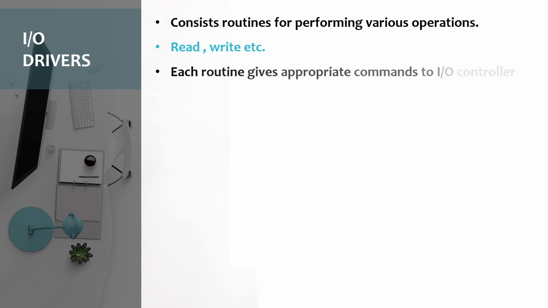Okay, so routine means a function. Each routine gives appropriate commands to the IO controller and the device controller. Of course, based on the routine, or the function, or the command, the system has to decide and give the proper command to my input output devices: the input devices, my mouse and keyboard, and the output, my monitor. So it has to give the command that some copying function is there, some paste operation is there. Based on that, it gives commands to my input output controller and to the device controller about what operation I'm going to perform.